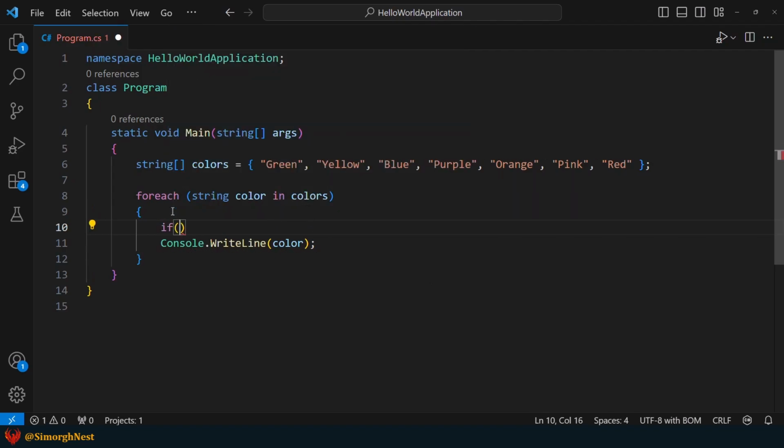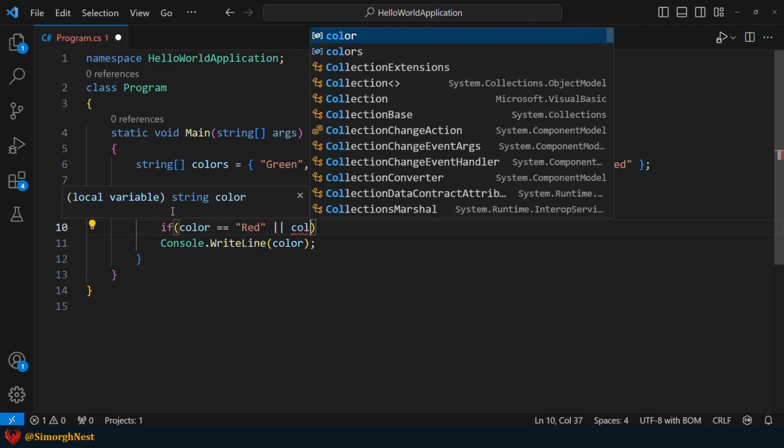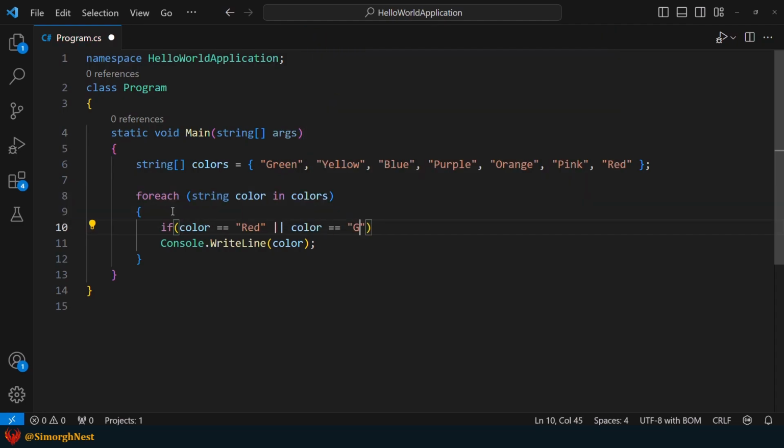Inside the if statement, we check if the color value is equal to red, green, or blue.